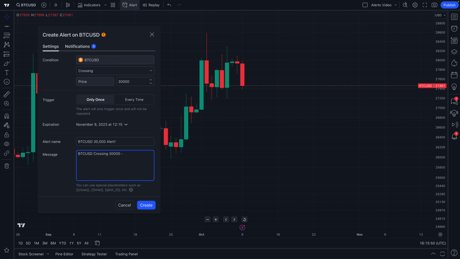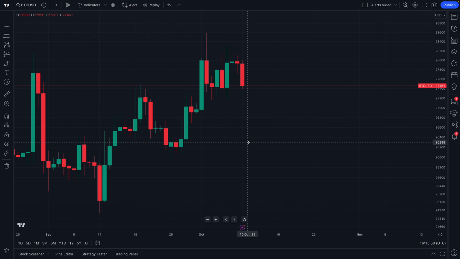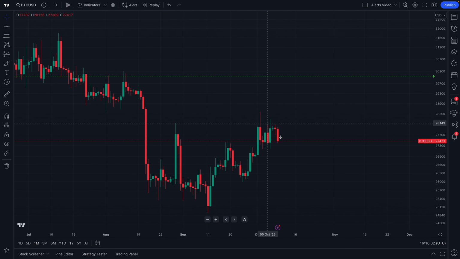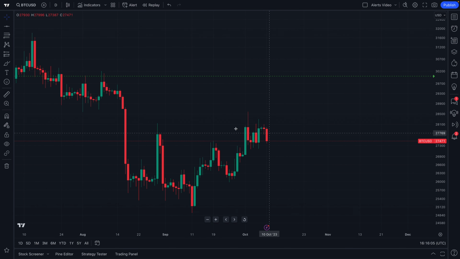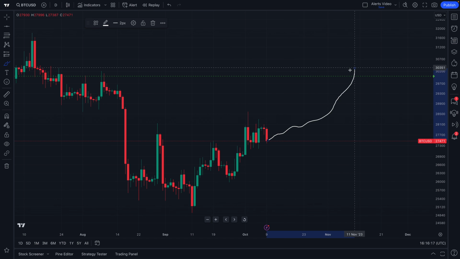But remember, we can be as detailed as we want. So we could just say this is an example video. Let's go ahead and click create. And what we've just done is we've created an alert on our chart that will let us know the second Bitcoin crosses 30,000. Check out this green line here on our chart. Even when we hover our mouse over it, it shows us the name BTC USD 30,000 alert. So if Bitcoin at any point were to suddenly climb up and cross 30,000, we would get an alert sent